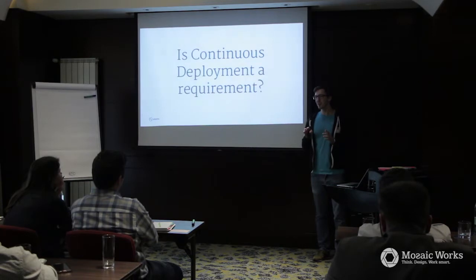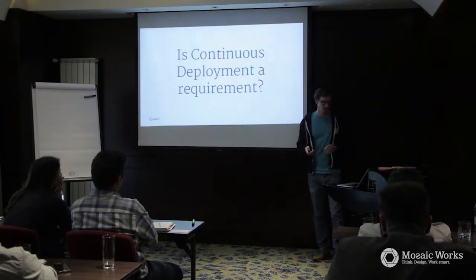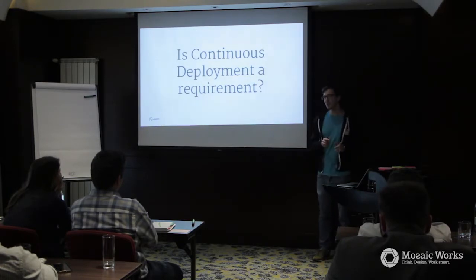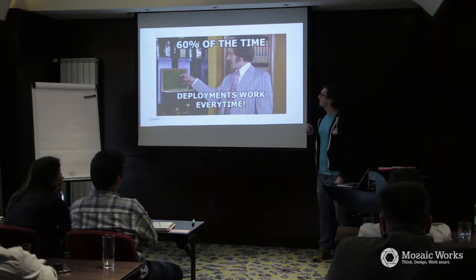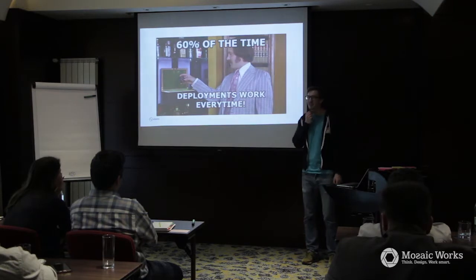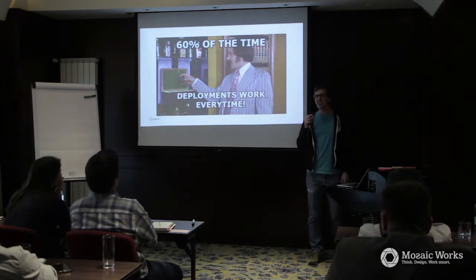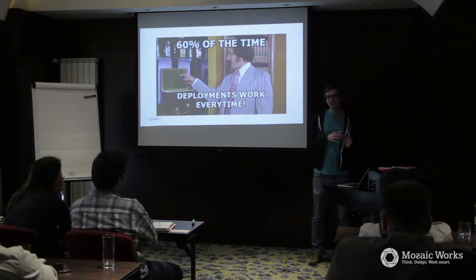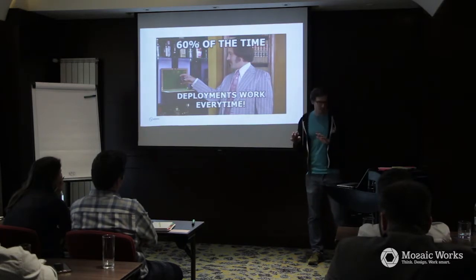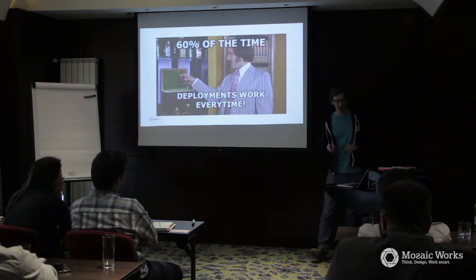But I think you should have some automated way to roll out your code and it should be very quick. If you cannot deploy what is in your main line today, I assume you're in trouble in general. But don't just trade speed for correctness. If 60% of the time the deployments work, that is not really good. So just trading speed for that is probably not a good idea.